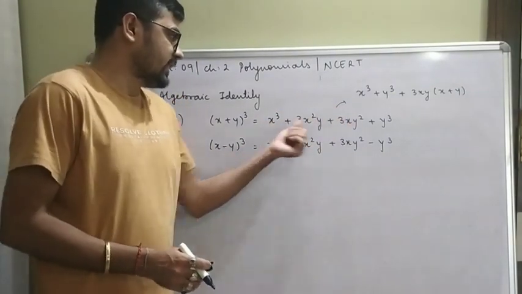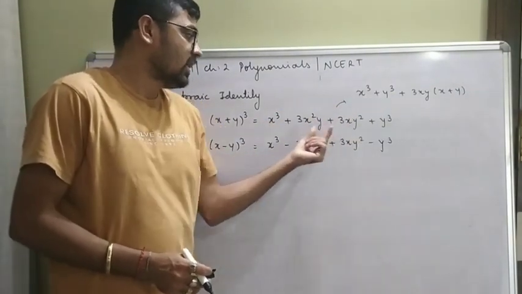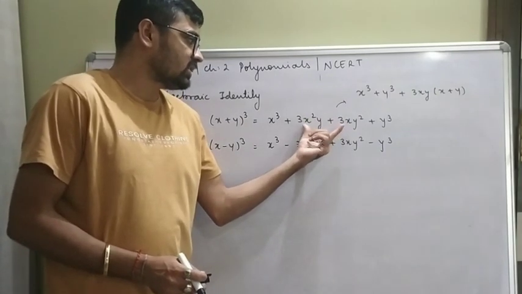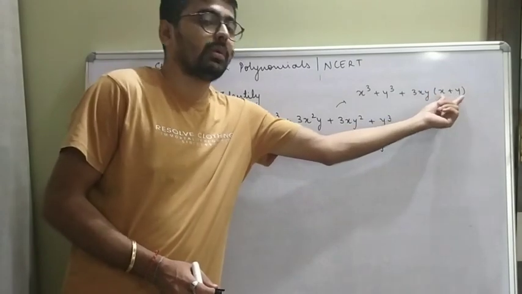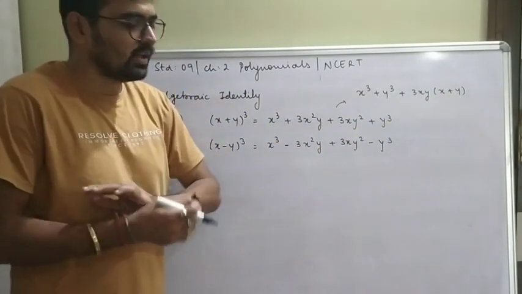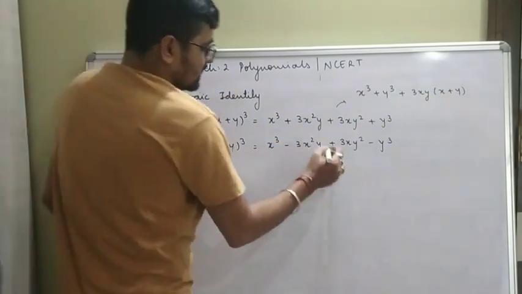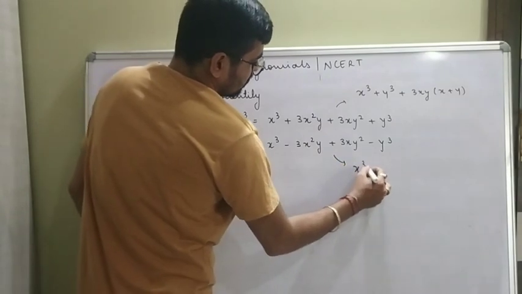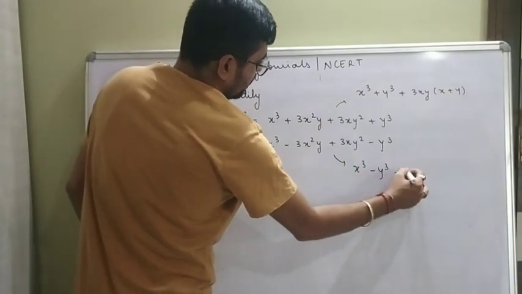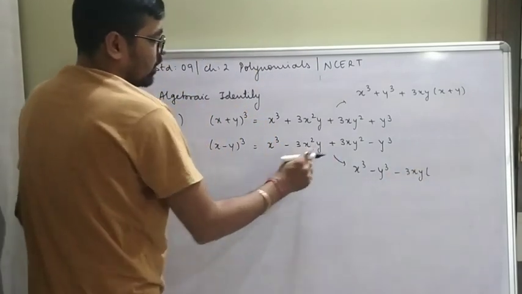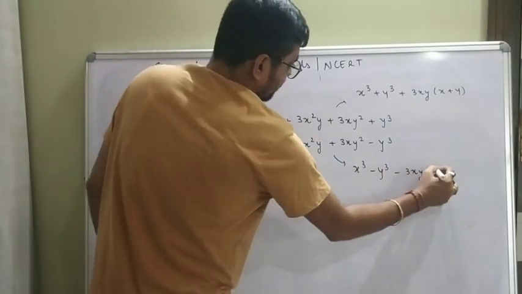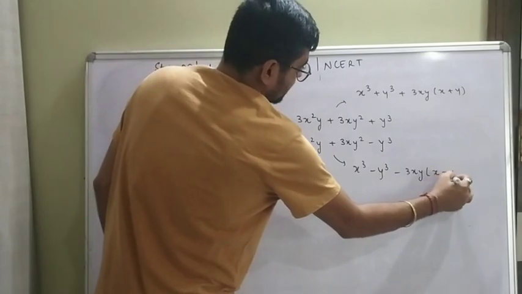Now check, this is x cube and y cube addition. In these two terms, take out 3xy common. Here 1x is left, here 1y is left, in the bracket x plus y. It's the same thing. There is no difficulty at all. Similarly, you can write this also as x cube minus y cube minus 3xy. So I took 3xy common with a negative sign, so I am left with x and minus.